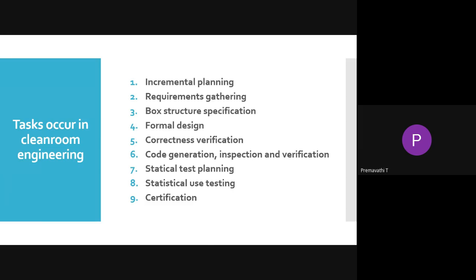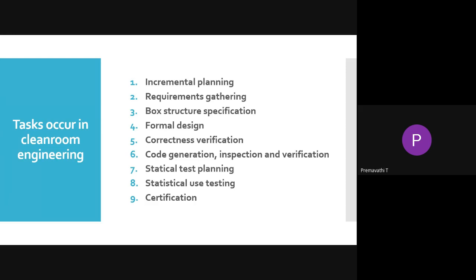All those things are created in the incremental plan. Each increment has to be certified and integrated at the proper time according to the plan.